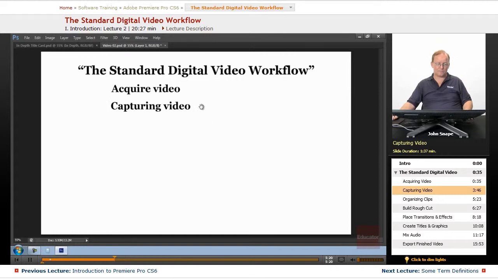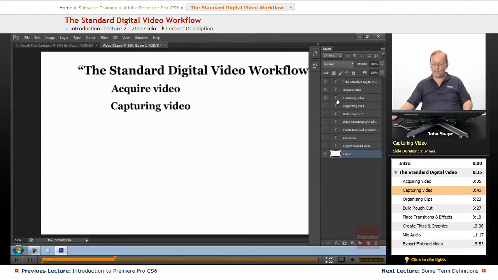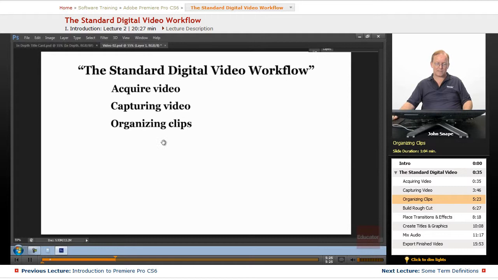Now, after you've captured your video, the next thing you want to do is organize your clips. And organization, I have an entire video here on organization, specifically because organizing at the beginning and throughout your whole process will make your job a lot easier. If you have things just scattered around all over your computer, trying to find them is going to be a nightmare,